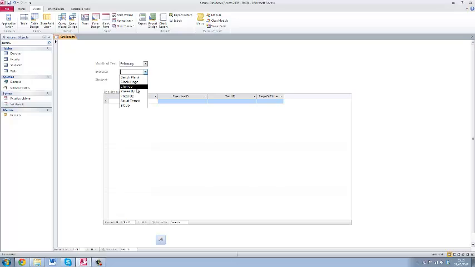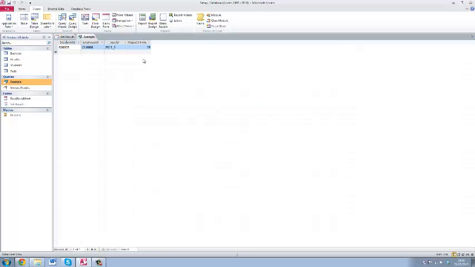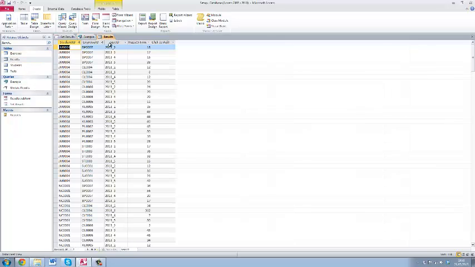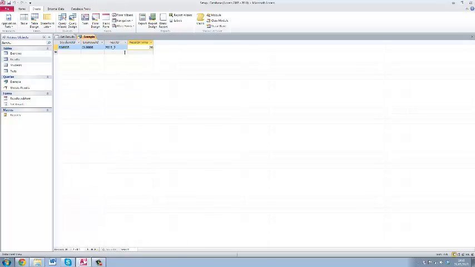I'm just going to choose some random stuff here, and as you can see there's already a reps or time here, and this is what this example query is here for. I've already set this up just to show you. This basically just relays the information here, only this is coming from the results table, so we can see it without having to flick through all of the records here. Okay,